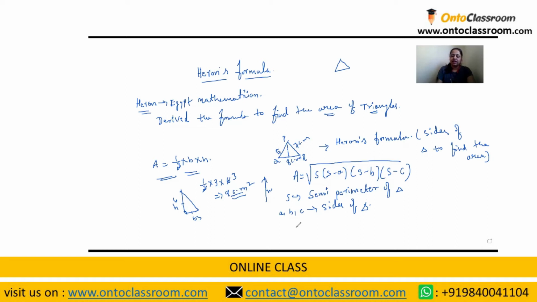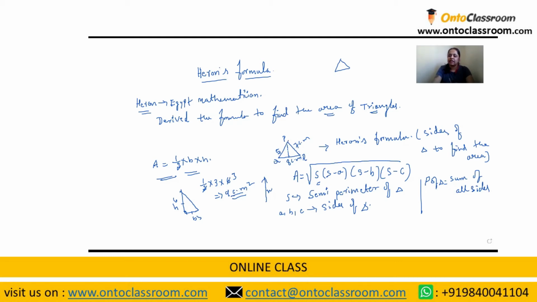Before that, we can directly apply A, B, C, but how do we take the value of S? S means semi-perimeter, no? And what do we mean by perimeter? Perimeter P of a triangle is the sum of all sides, because perimeter, as you know, is the borderline of the figure. Here the sum of all sides is the border of the triangle, no?